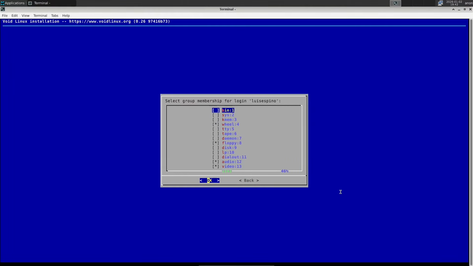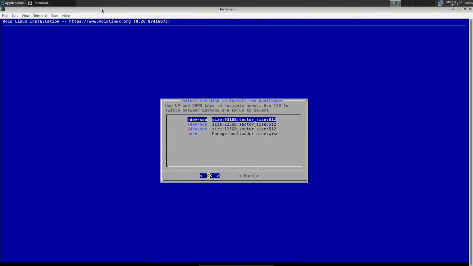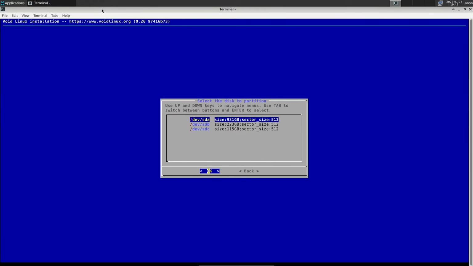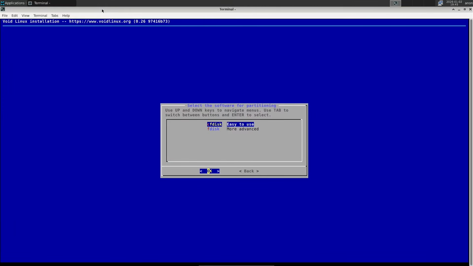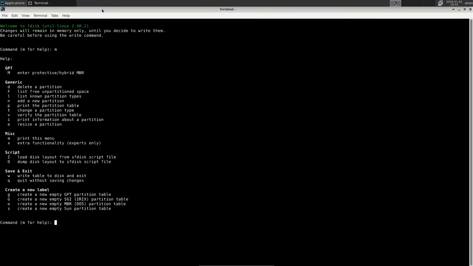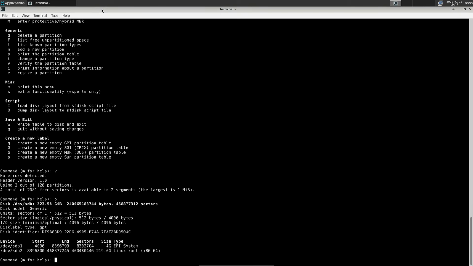the desired groups. In the bootloader, we select the appropriate disk, then we accept having a graphical bootloader, then we configure the partitions. You can use cfdisk or fdisk. In fdisk, it is done in the terminal. You can press M to display help commands for deleting, creating, and others. At minimum, we must have an EFI partition of 4 GB and a Linux root x86 partition with the remaining